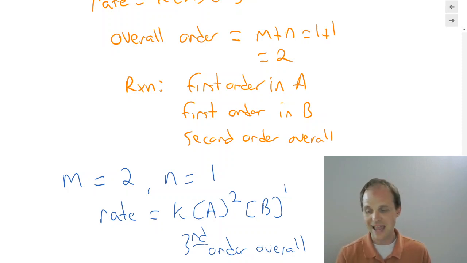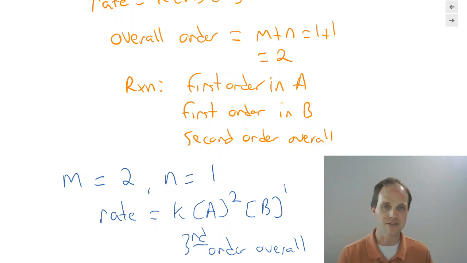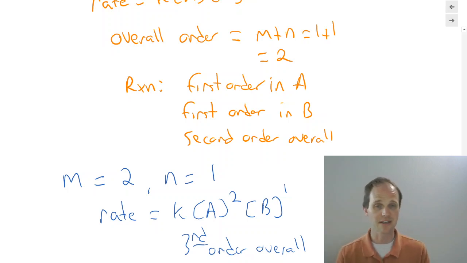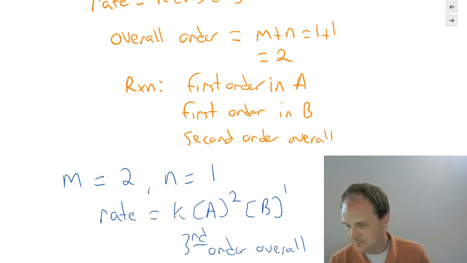So that's the language that you're going to hear people use, especially saying this reaction is first order in A, this reaction is second order in B. You're going to hear that kind of language very, very frequently. The overall order you do hear occasionally, so you need to be familiar with it, but certainly saying first order in this, second order in this is much more common. And yes, it can be third order in something, it can be zero order in something, and we're going to use that quite a lot.